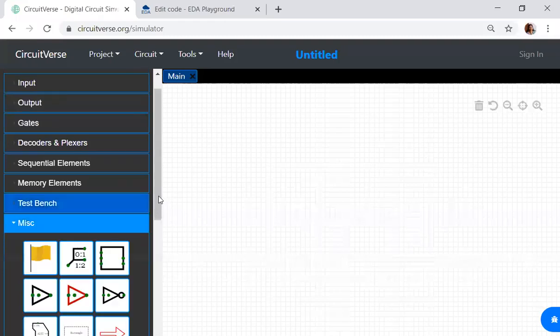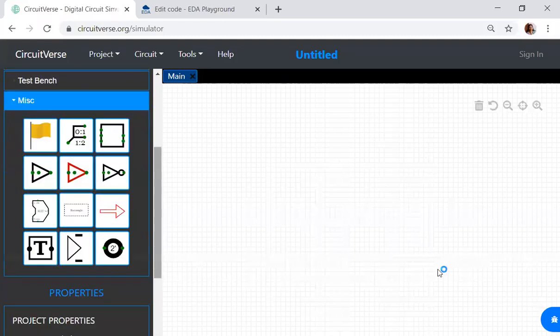I'll just show it in block diagram format. Let us take this. This is our ALU.